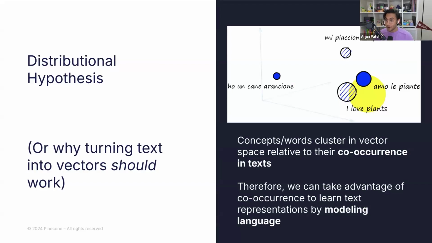So if you think about a phrase like hot dog, that phrase is going to be located near other food-related words in the whole world of corpus documents. But it won't be near space-related words because those words are not close in meaning. Literally, the neighbors of the words help inform the meanings of those words. And if this is true, then maybe there's some property about the co-occurrence of words everywhere in any corpus that we can take advantage of in order to model their meaning using language modeling. And I'll give you an example of a model that has done that successfully.